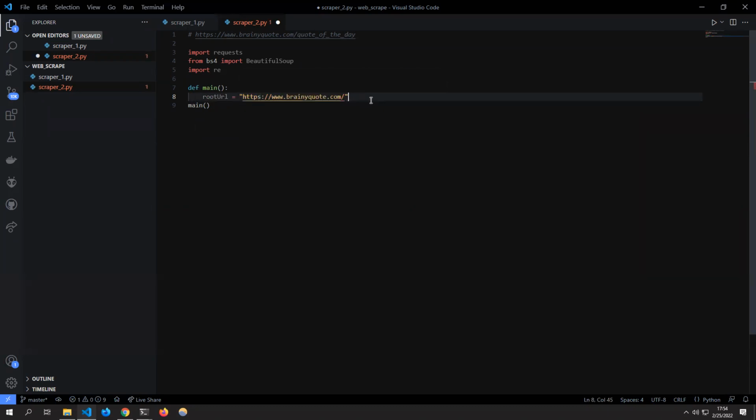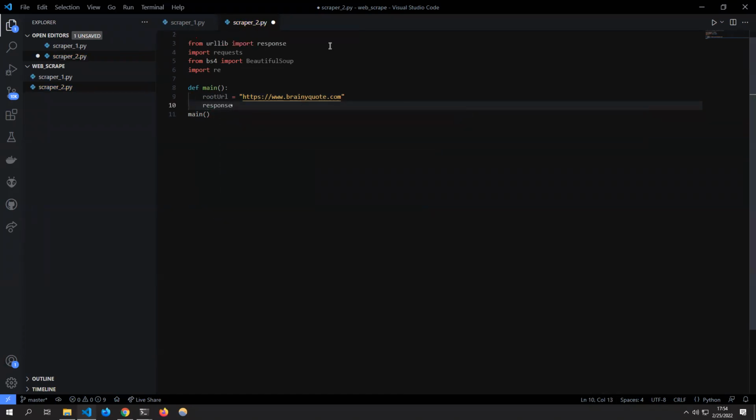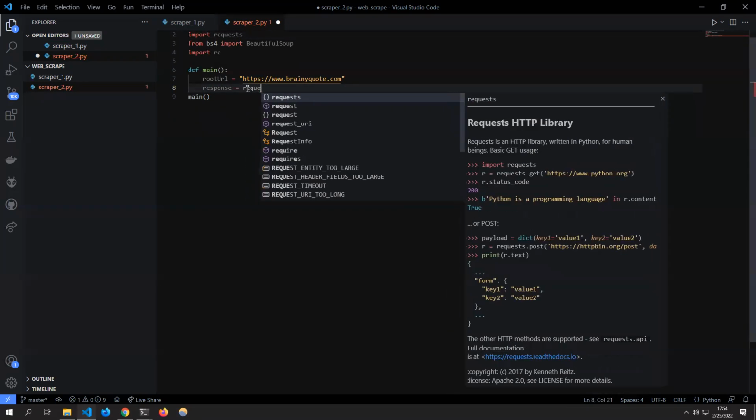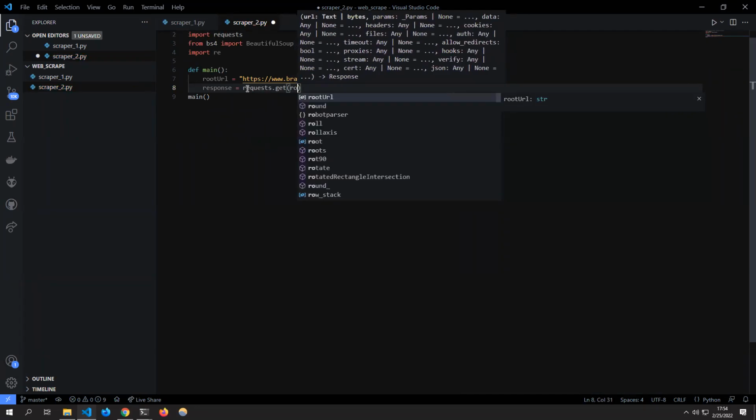And so I'll show you why we're going to use the root instead of just taking it directly from here. It's just going to make our lives easier. So just like the other one, we're going to do response. The response is equal to requests.get, and we're going to do the root URL